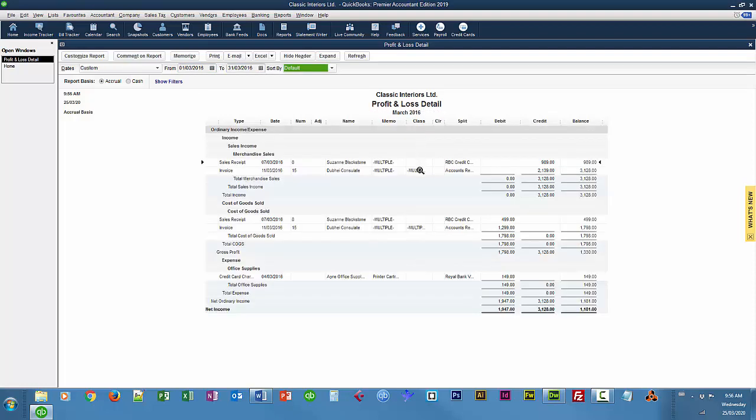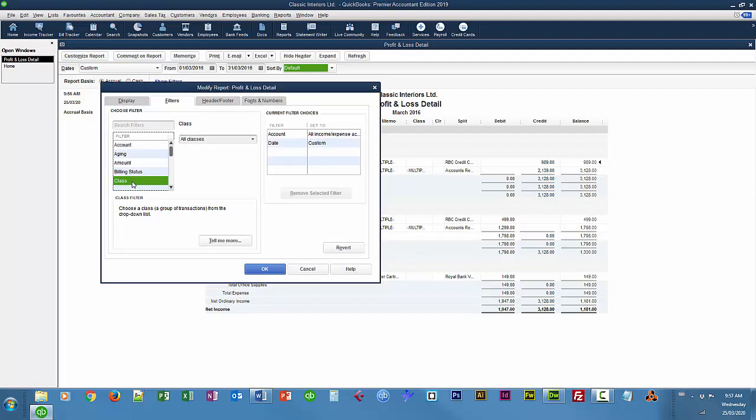So you see we have multiple classes in these transactions. I want to see just the carpets or just the tables. So if we go to Customize Report,